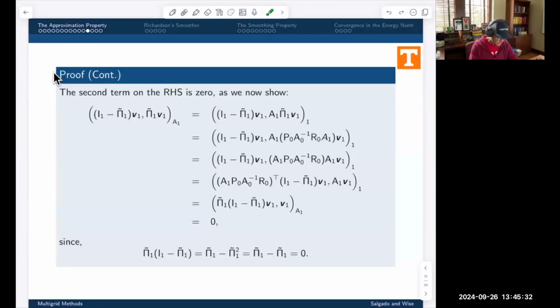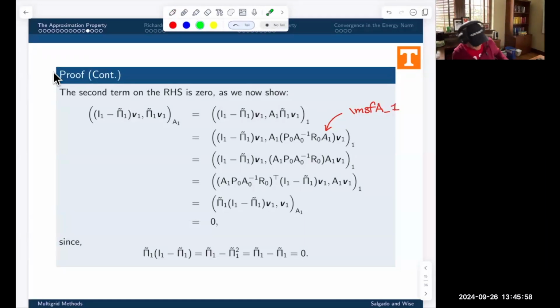And by the way, I just noticed I have a typo here. That A matrix should be formatted differently; I used the wrong formatting on that A matrix. But in any case, the pi 1 tilde is P0 A0 inverse,